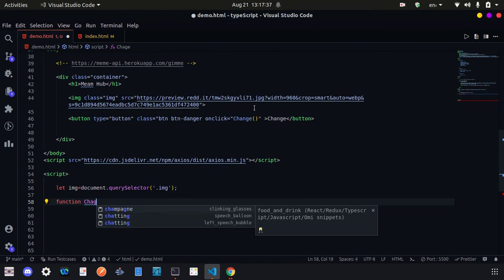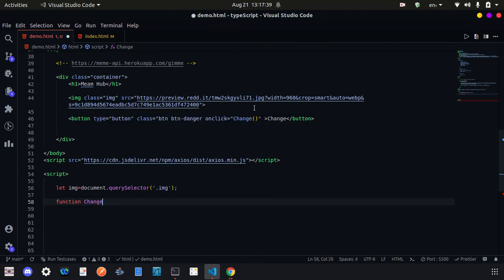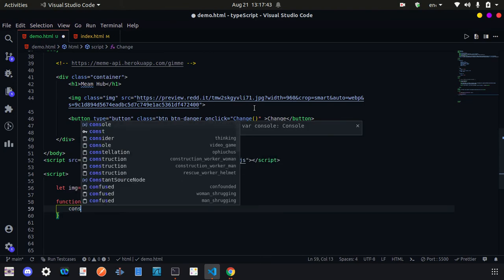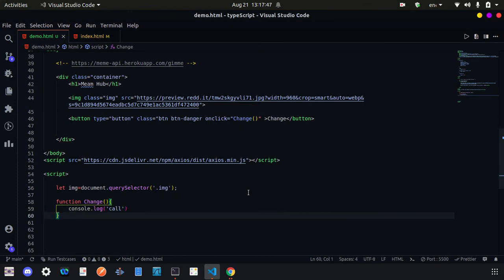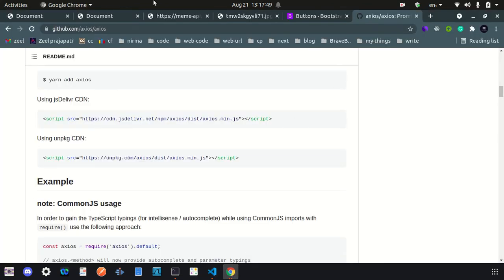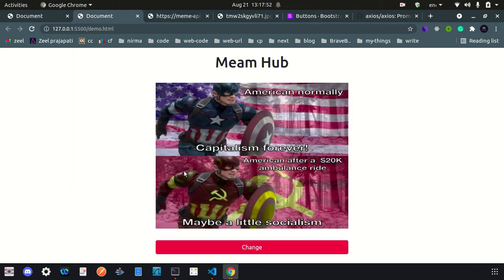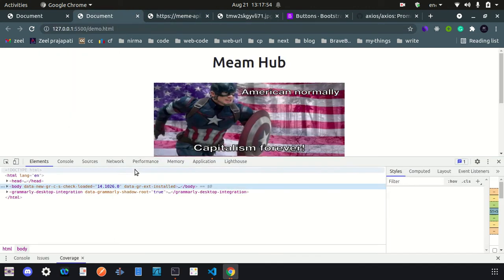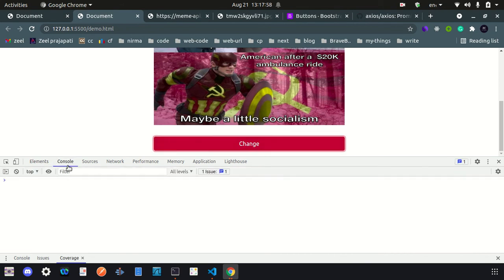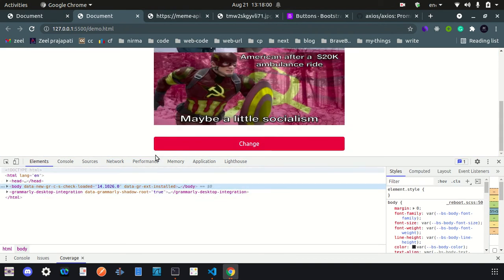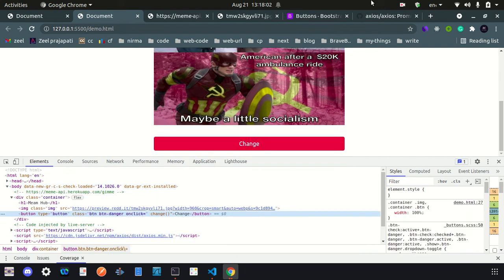and make sure that the names are the same. So this is our function, and for testing purposes I am just logging console log call, just to check whether our function is being called or not. We click, and it is still not calling. So what happened here?